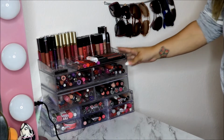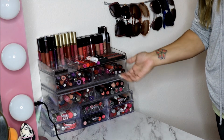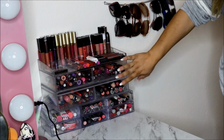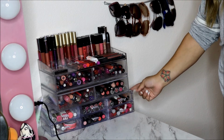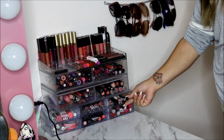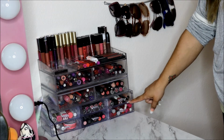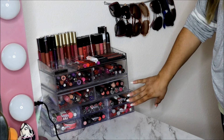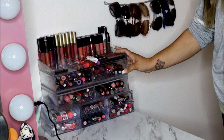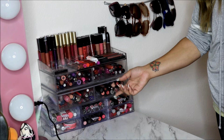So this is my lipstick holder. I bought this acrylic organizer from someone in town. They were just selling it for like $10, and I thought it was a really good deal, so I got that. And then these ones on the bottom, I felt like this was too short, so I actually bought these little clear containers at the dollar store, and they were right by all the makeup, and I bought 6 of them and I just glued them together, so they are 2 tall and 3 wide. So I spent $6 putting this together, and then I just put it underneath this one, and it made it tall enough because I felt like this alone was short,